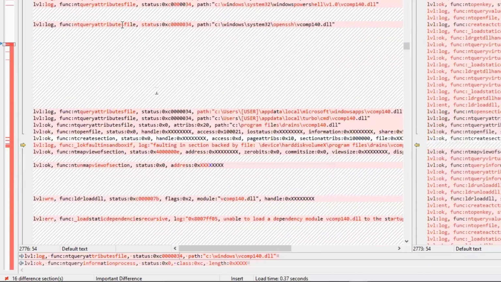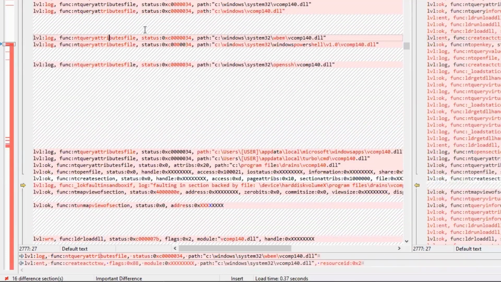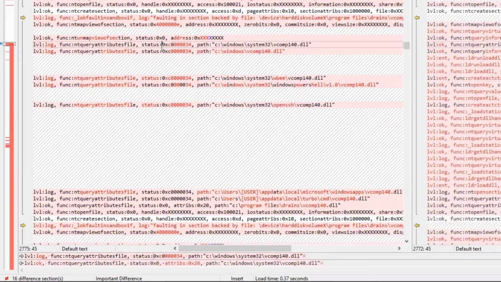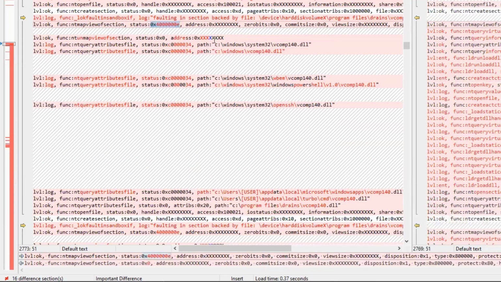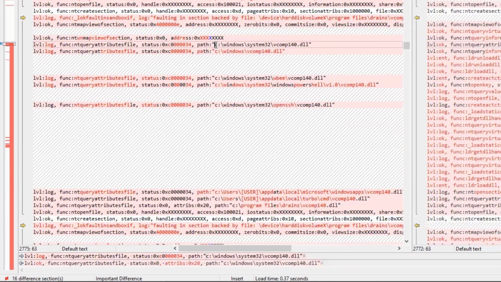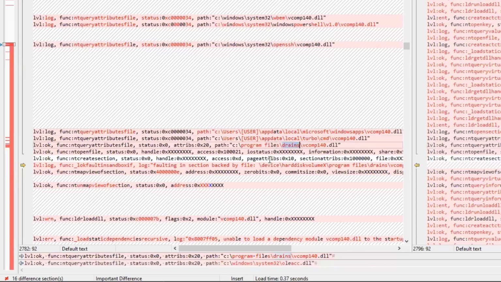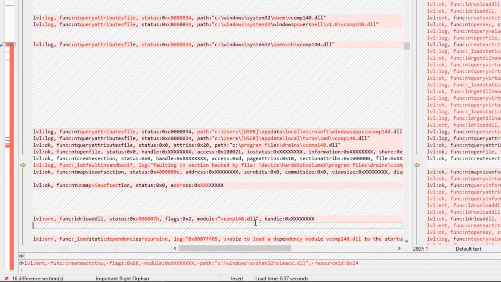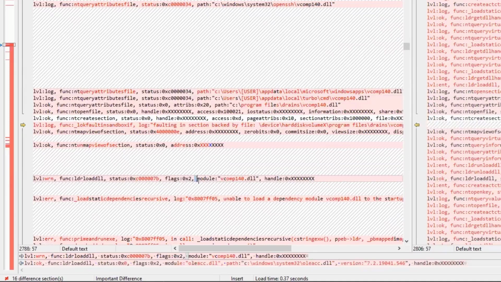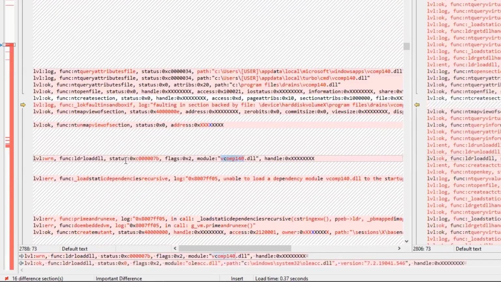So going further down. The anti-map section fails, then it tries to look up the file at different places again. Keeps going down. Finds it in the drains folder again. And then it looks like it finally tries to load the DLL from this folder that it finds it in, but it fails